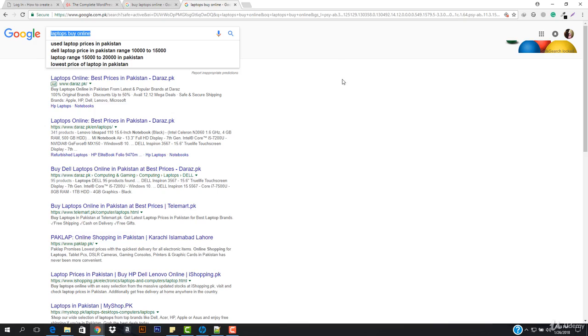If I live in the country of the guy who is doing business locally, and I search here for laptops buy online, and you are also selling laptops, and that guy is also selling laptops, but that guy has the country domain name because he wants to target only Pakistan people, and you want to target all around the world, Google will show the website of the guy who wants to target Pakistan people, because his audience is limited. If his audience is limited, then Google will give his site on top. So keep that in mind, and then move with the .com domain name.